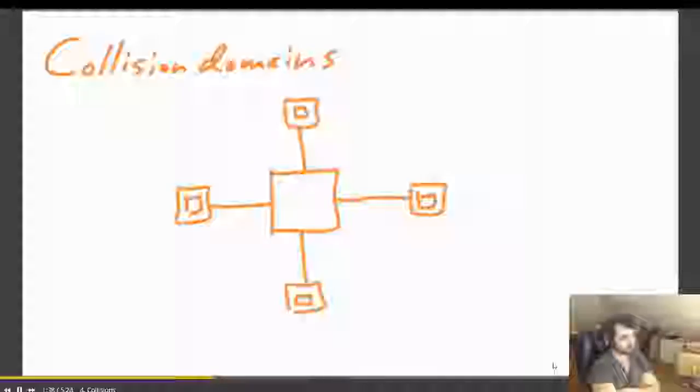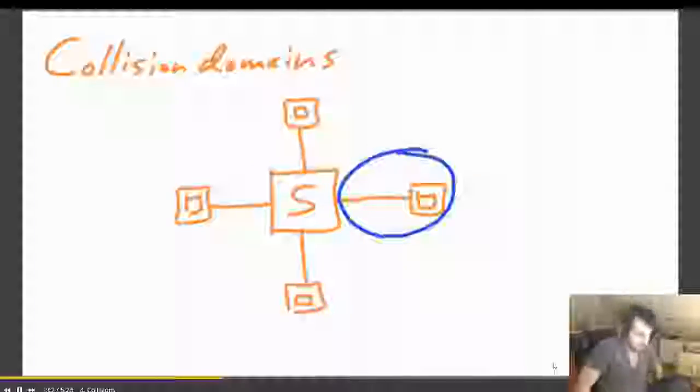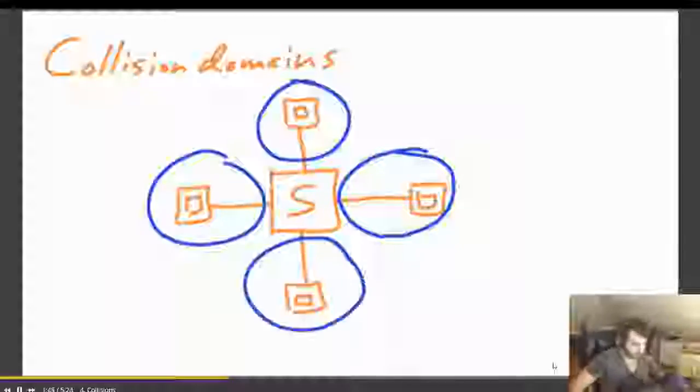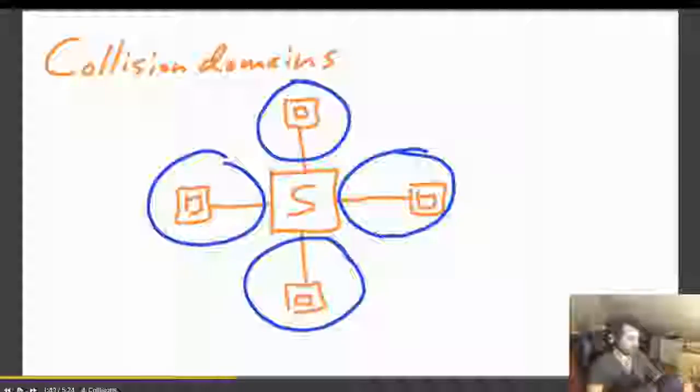Now let's consider what happens when we change out that hub with a switch. In a switched environment, every port connected to the switch is its own separate collision domain, meaning the switch is capable of supporting multiple concurrent